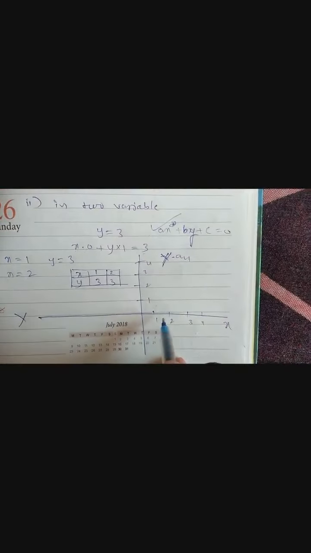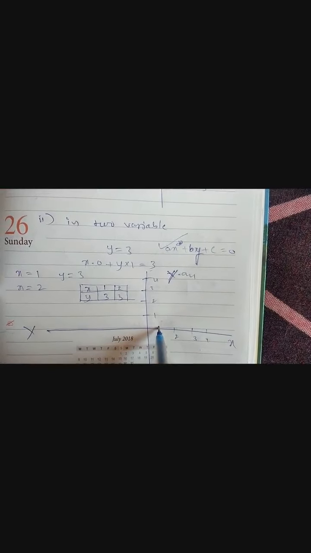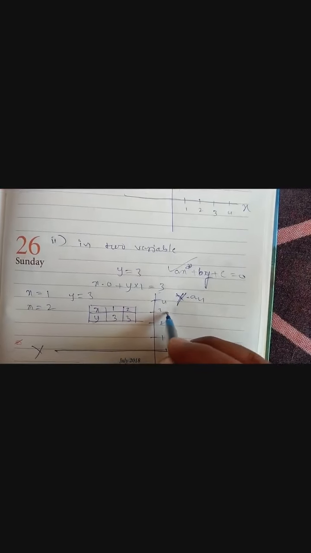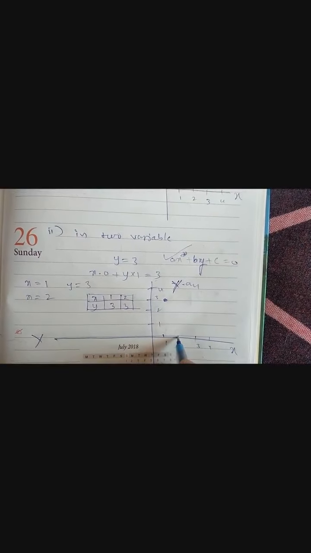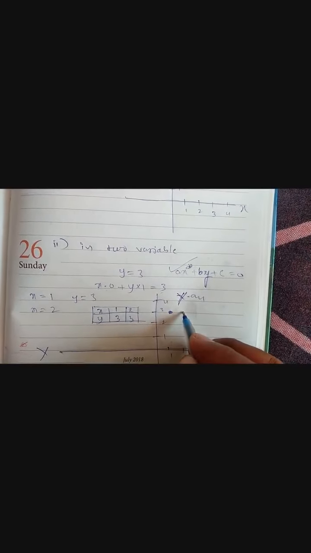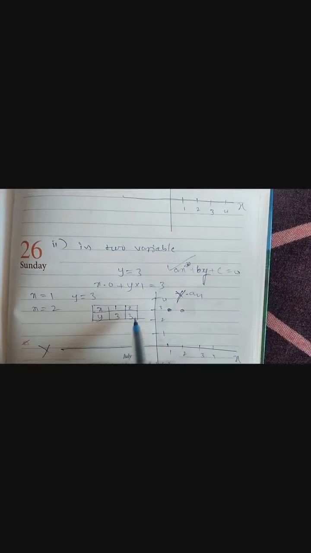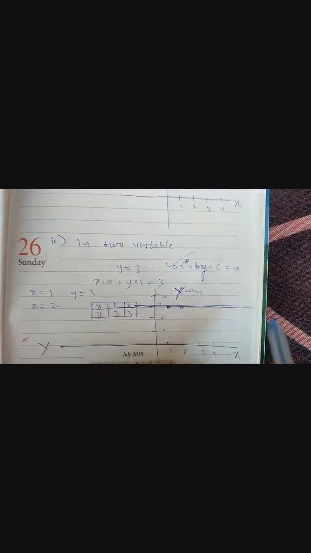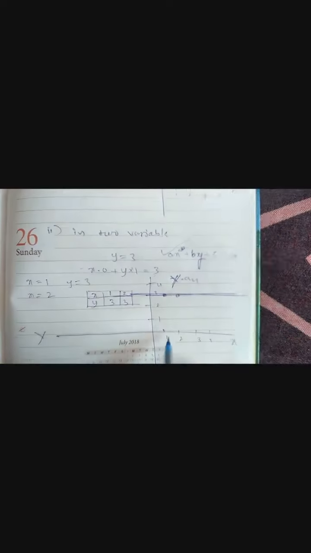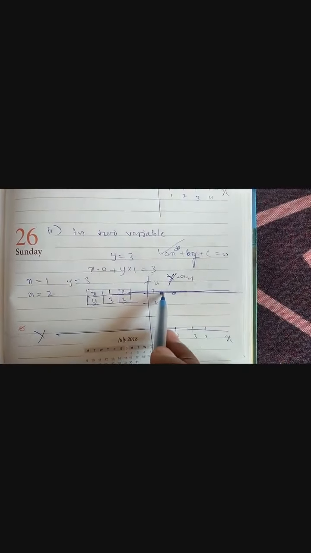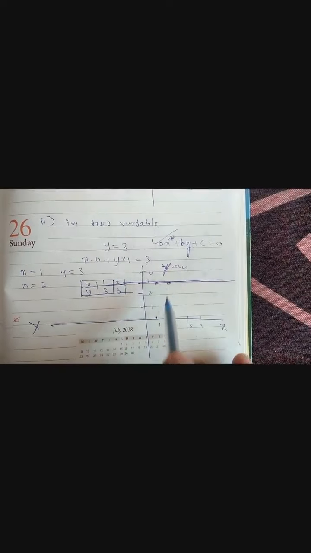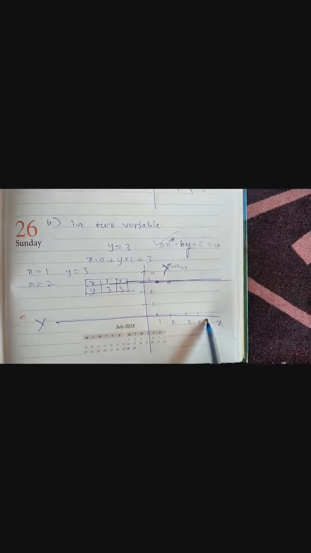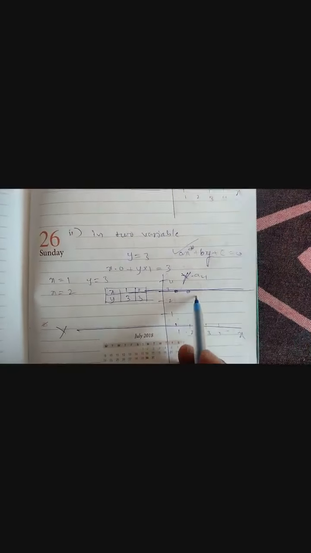So children, see here what the graph is. First we put 1, so y is equal to how much did you get? 3, it comes here. Next, if you put x is equal to 2, y is again 3. So see how the graph will come. If y is equal to 3, the graph will be parallel to the x-axis. If you join these points, the graph will be parallel to the x-axis. I hope you understood, children, but you have to draw the graph here.